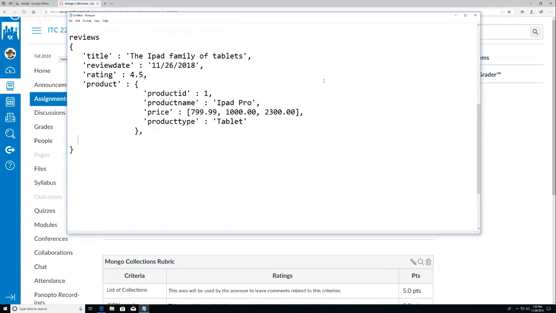And then we'll do a reviewer, and we'll add the reviewer object. And I'll do a curly brace, and I'll close the curly brace. And then I'll do,